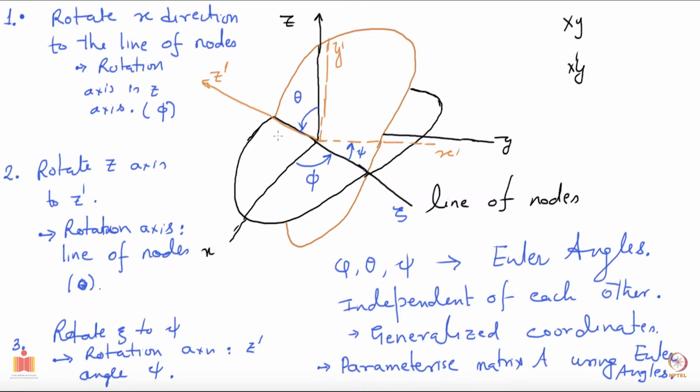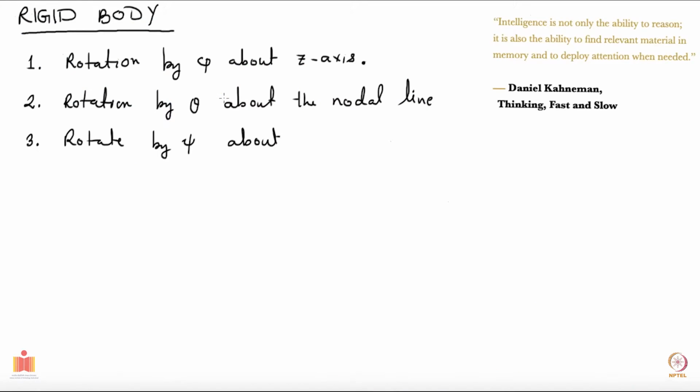Let's go here, let's see. Okay, that's what we are doing here. Z prime is the one which is the final destination. So you have already arrived at the final destination, and of course you don't want to disturb that axis by doing a rotation which will involve changing this one. So you are going to do a rotation about this z prime axis, the final destination, about z prime axis.